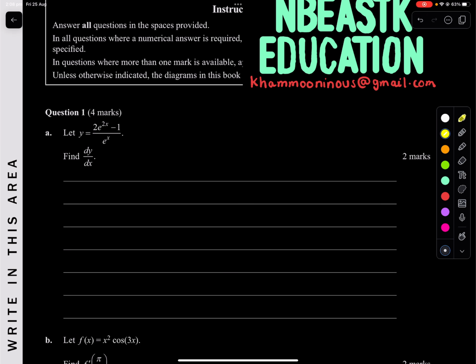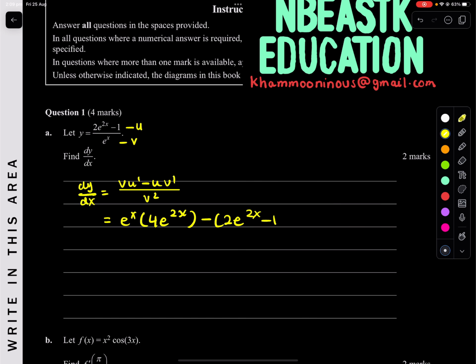Okay, question 1. Let y equal this. Find dy/dx. Okay, so this straight away is a quotient rule. So that's u, that's v. So we can say dy/dx is v u' minus u v' all over v squared. So what we're going to say in this case is our v is e^x, our u' is 4e^2x, minus your u, which is your 2e^2x minus 1, and your v' is just e^x